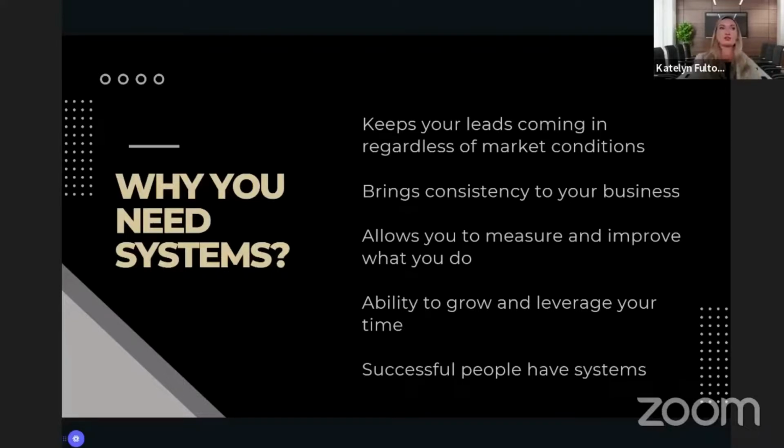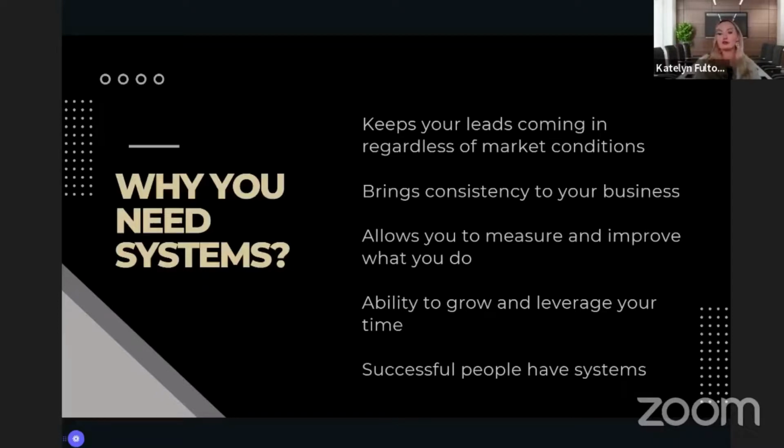And I'll tell you, the most successful agents in the business have systems. None of these guys that are selling 100 houses a year are doing it off the fly of their seat. They know exactly what they're doing every single month, and they just consistently do it. They know it's boring. It's just a flyer every month. It's a phone call every week. They're boring activities, but they know that by consistently doing it, it's just going to consistently